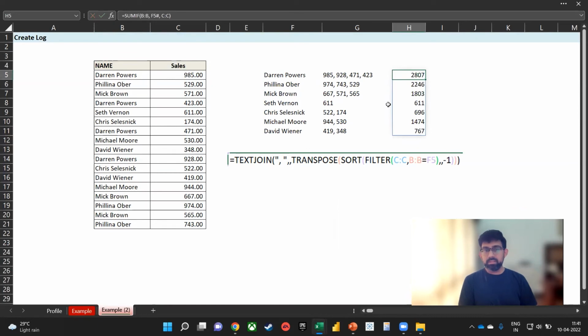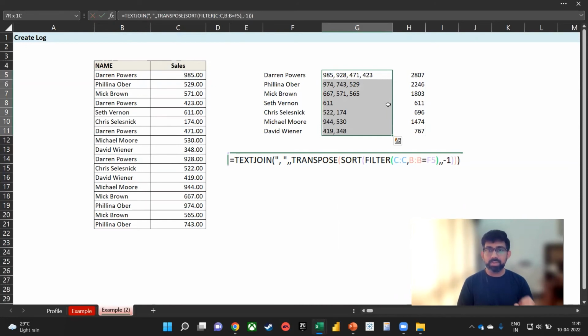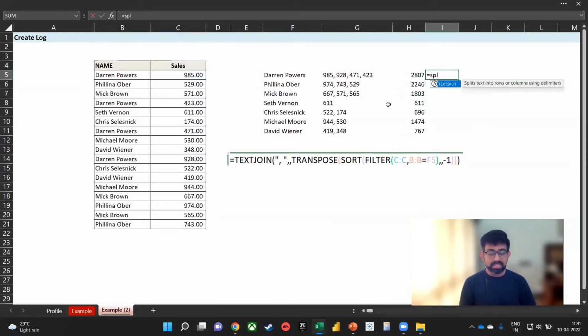Now, even though this will solve most of your needs, sometimes you might get the result in a comma or some other delimited value as a separator, and you might still want to add up all the numbers. To do that, we can simply say TEXTSPLIT, and then we say that we want to split everything by the delimiter, which in this case is a comma followed by a space. So you get the result like this. And now if you simply do a sum along with the transpose,